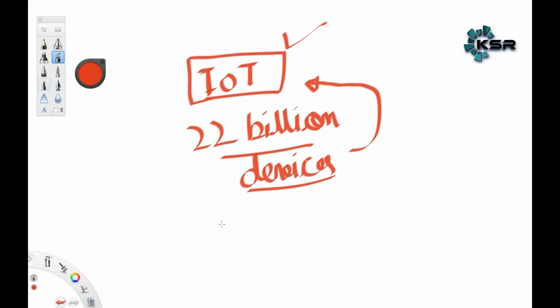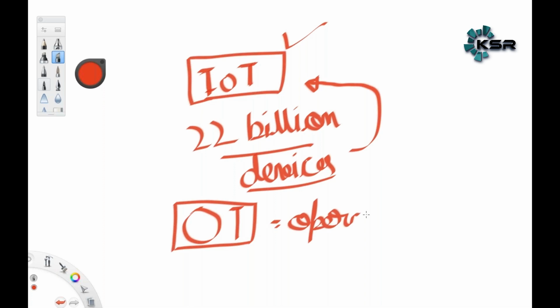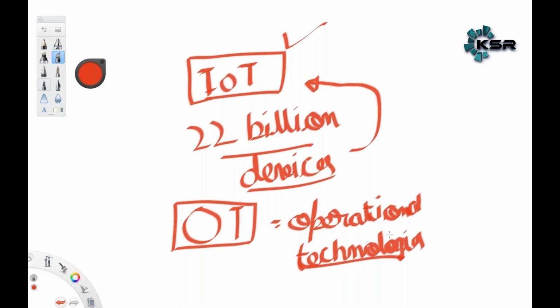Now, there is one more type of technology that needs to be protected, and that is known as operational technology. All the industrial technologies like SCADA systems, the centrifuges that help you create useful products and useful outputs, are also susceptible or vulnerable to cyber attacks. So now you don't limit yourself to computers, networks, and data. You add IoT devices as well and operational technologies as well.